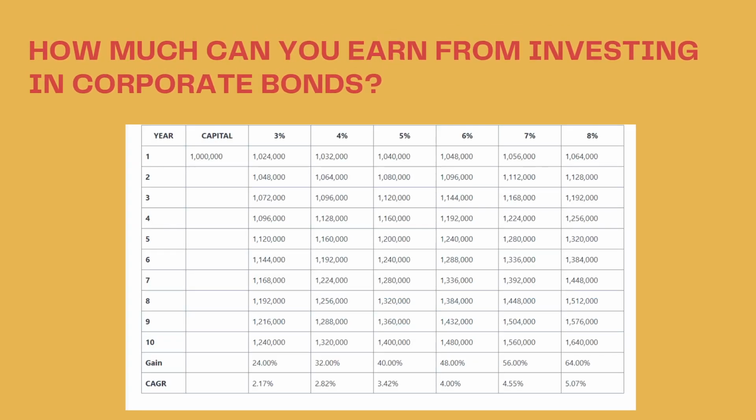Of course, we see here a table to define how much you can earn from investing in corporate bonds. Primarily, in order to estimate the potential income, the table below shows interest earned for a capital of a million pesos over a tenor of 10 years. The interest ranges from 3 to 8%. Amounts also reflect the 20% capital gains tax. However, on the last two rows, you'll see the gain percentage, which is the result when you divide the last balance and